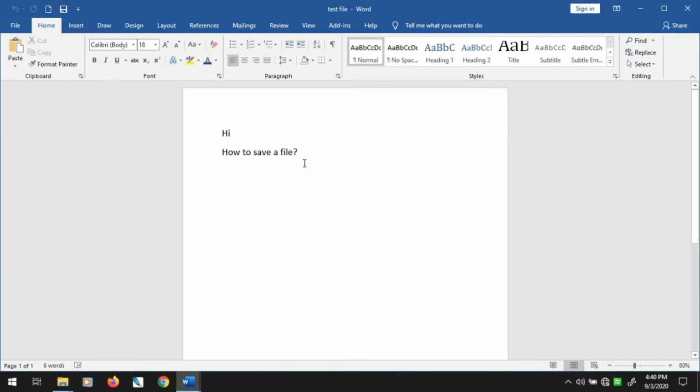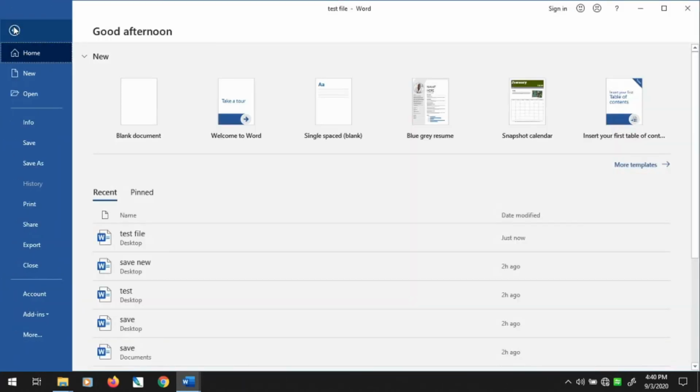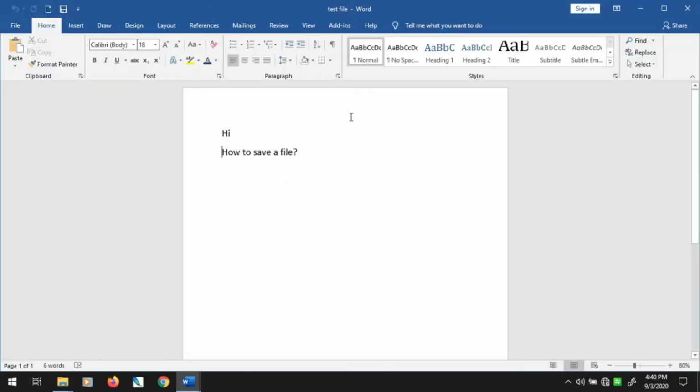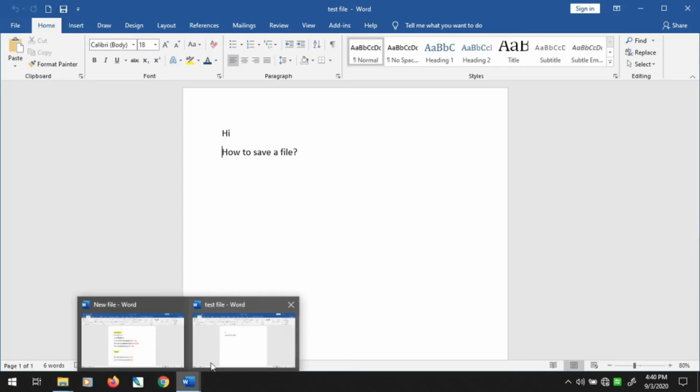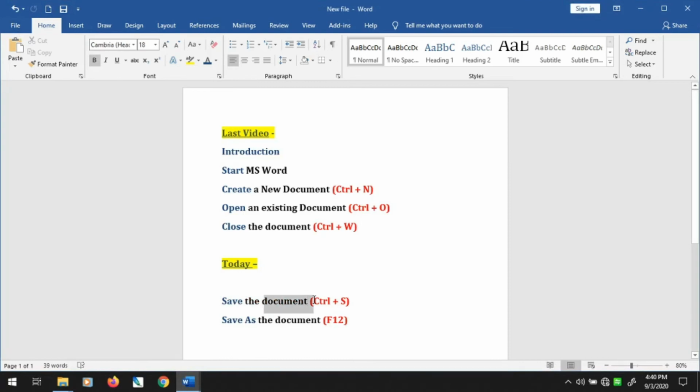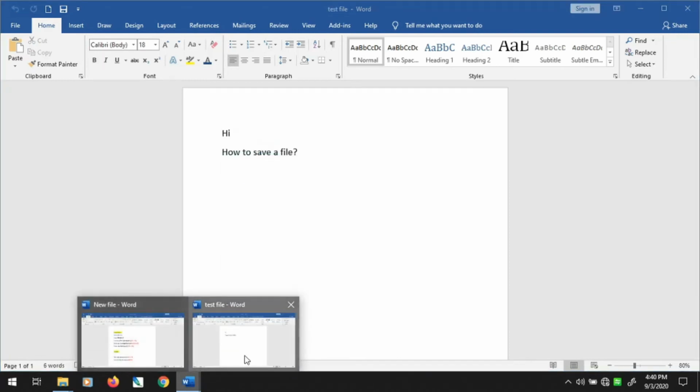So let us just move to the second method. The second method is to just go to the file option. As we create a new file or open an existing file, you can also save your file from the file menu. In the same way you can save your file by using the save option. Then the third method is by using a shortcut key. What is our shortcut? Control plus S. So just press Control along with S from your keyboard to save your file.